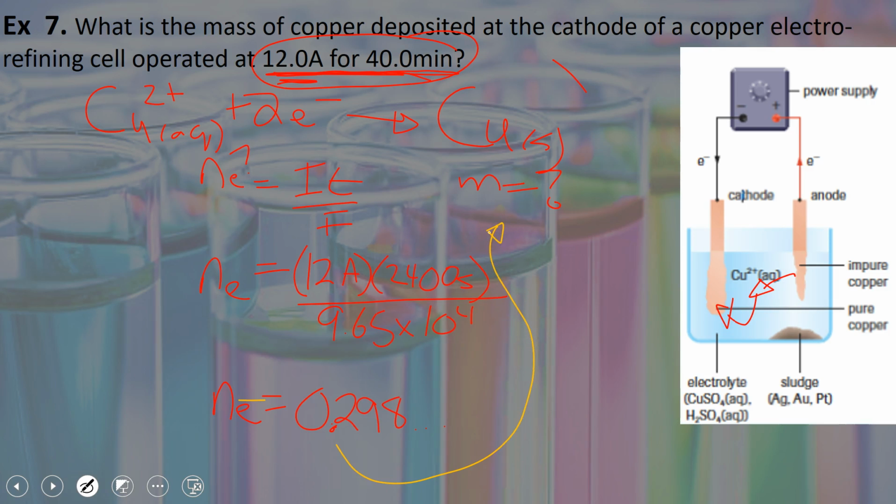So I'm going to times by what? Times by where I'm going to, the coefficient here is 1, so times by 1. Divide by where I'm coming from. I came from where? Electrons. And the coefficient of electrons is 2. So I would times that by 1 over 2. And that tells me the number of moles here is